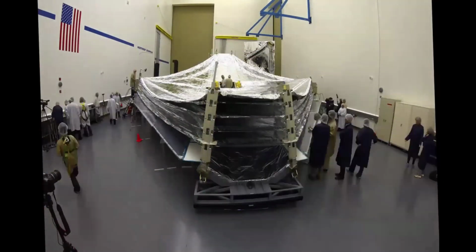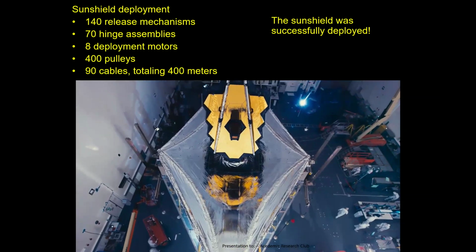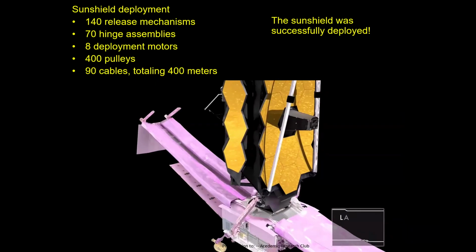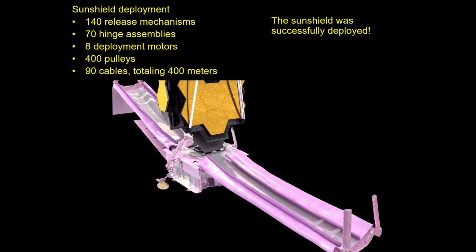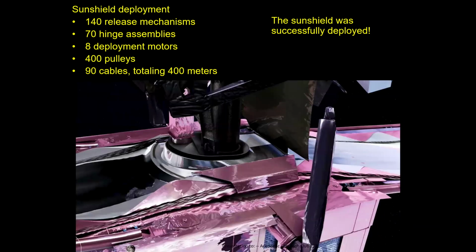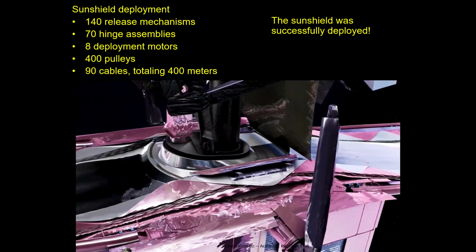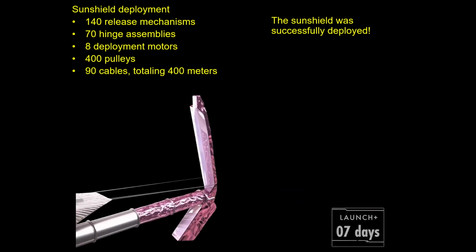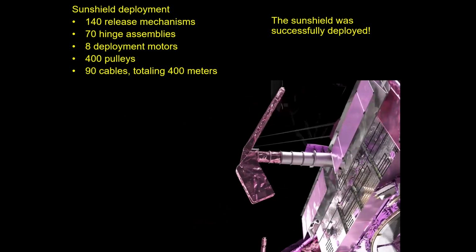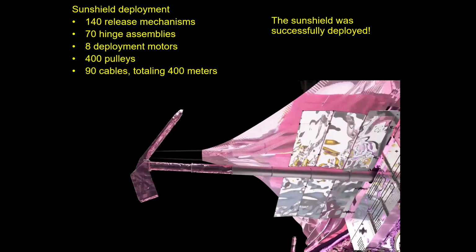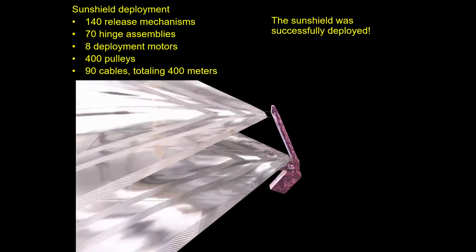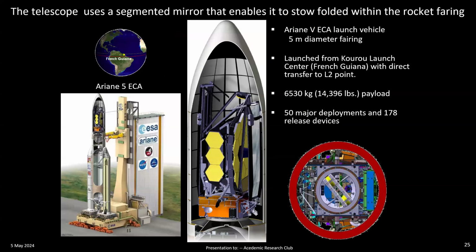All right, so the sun shield was the highest risk part of the mission. It involved 140 release mechanisms, every single one of which had to work perfectly or the mission would fail. 70 hinge assemblies, 8 motors, 400 meters of cabling running over as many pulleys. It was a very high risk aspect of the mission, but it all worked perfectly and continues to work perfectly today. All right, the other problem we had, the mirror being bigger than the rocket, to solve that problem, we